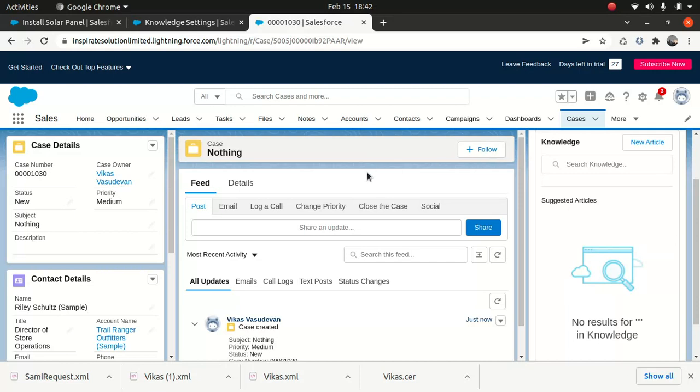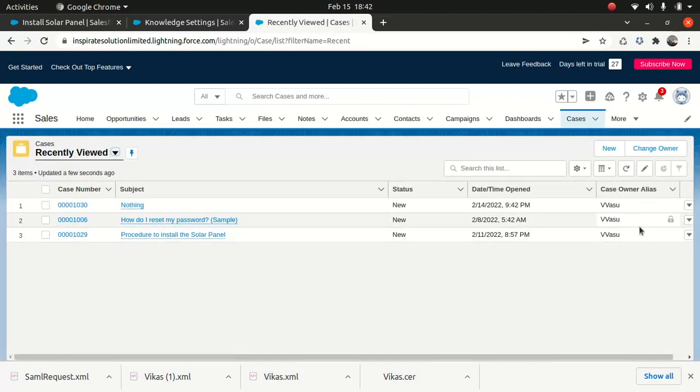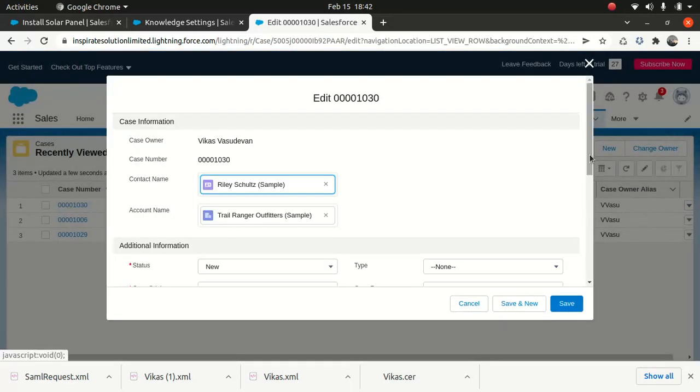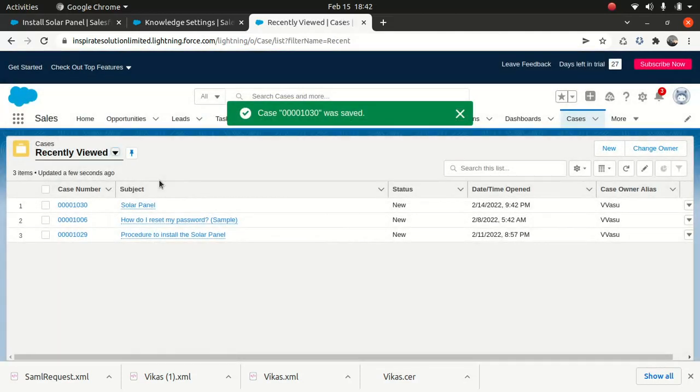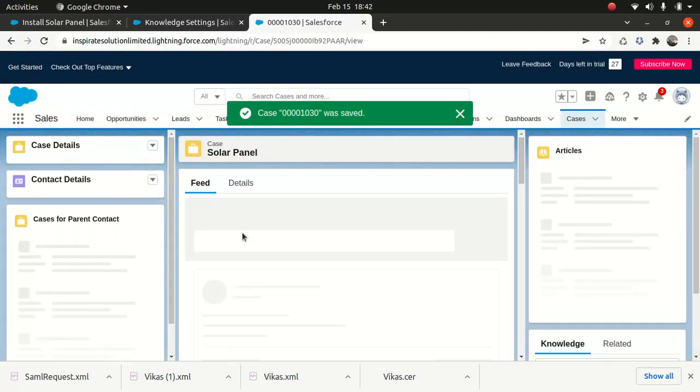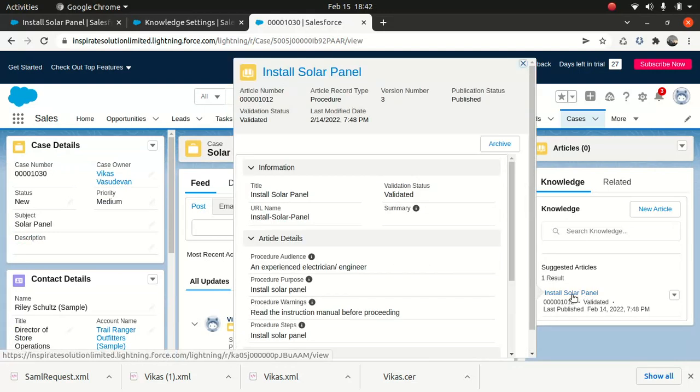So what I'll do, I will go to the case and edit this case and just change it to solar panel, and let's look at it now. You see, install solar panel. So you got that,